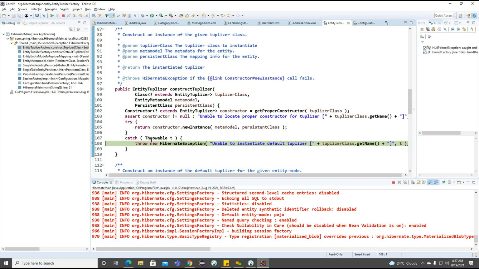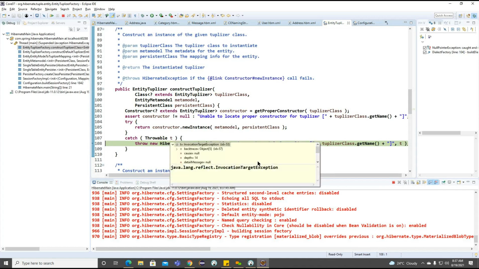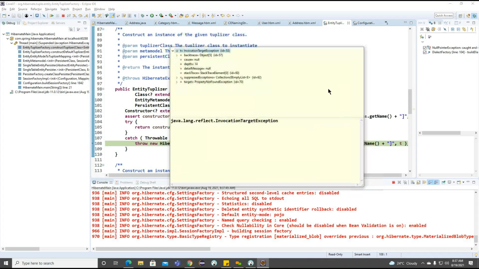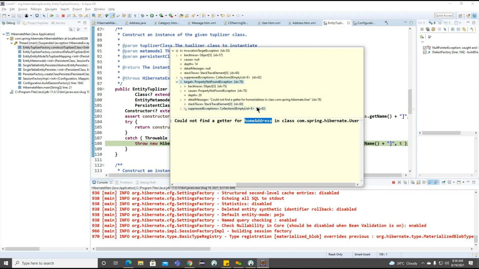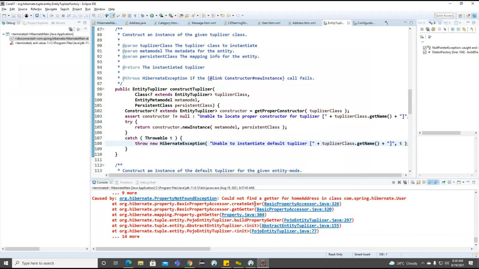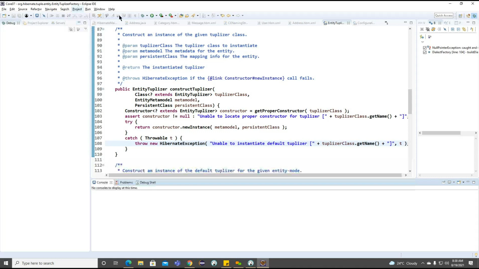Ojo entity. What is the exception we are getting? Property not found. So what is the property is not found in here? Home address. Okay, so we need to define the home address property. Could not get the home address from the user, right? So this is we are getting an exception. Now what we can do inside this particular user,